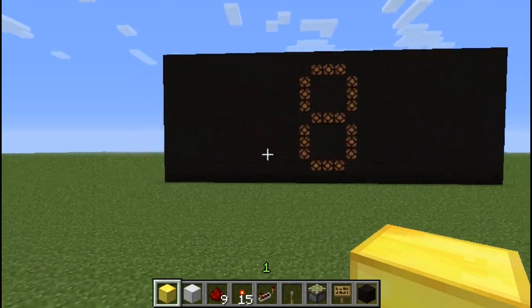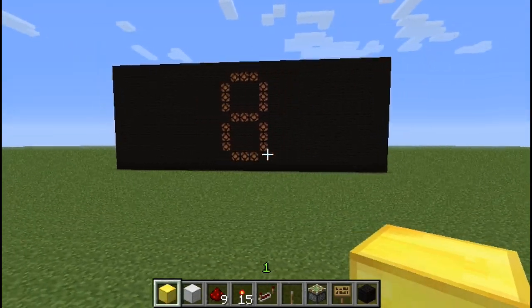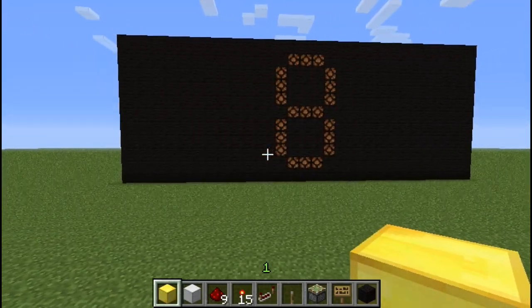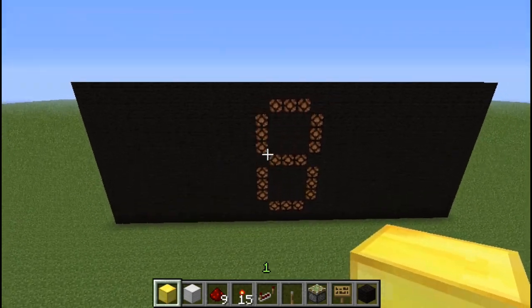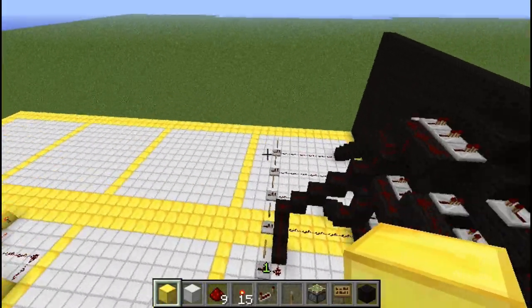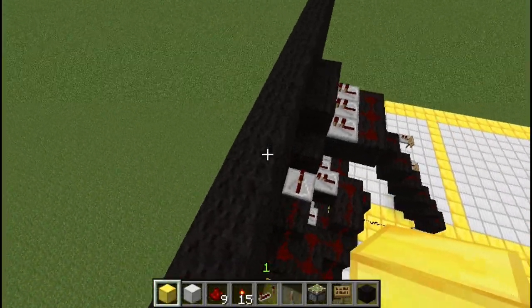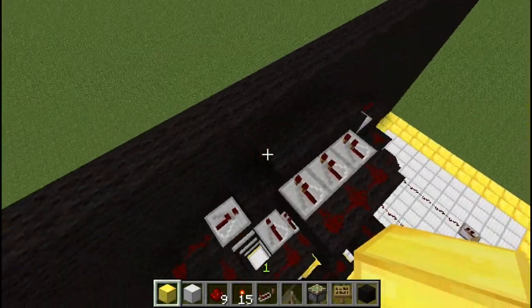Alright, so this is aynNfire, and I'm going to show you how to make a 2-bit binary counter with a digital display that counts from 0 to 3. So this is the digital display, 1 digit, and